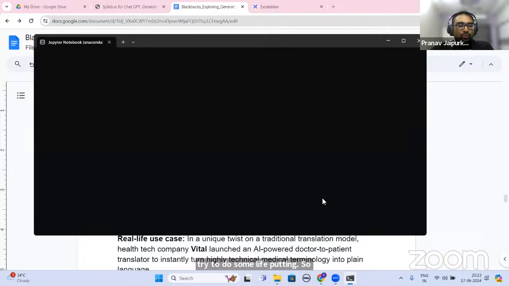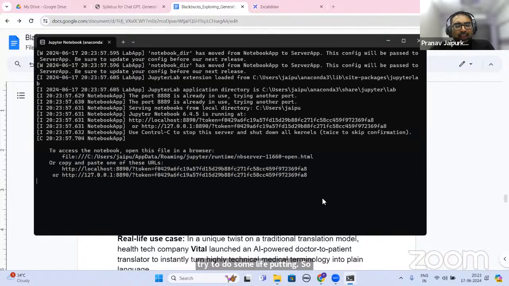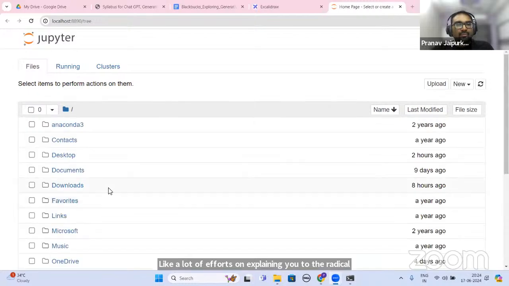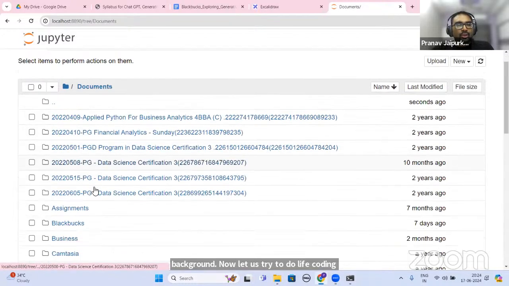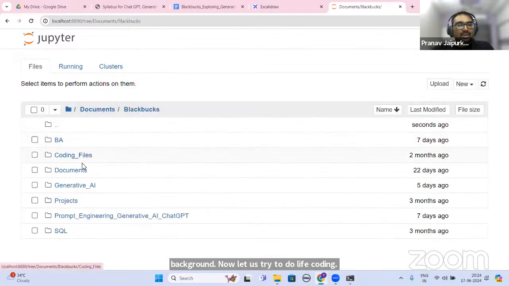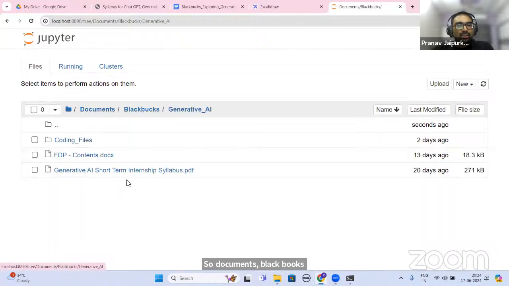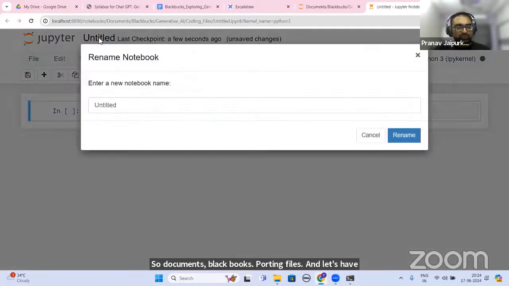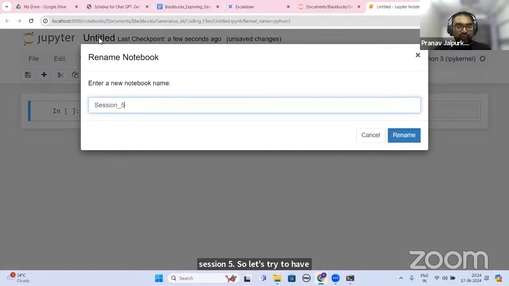I have focused a lot of effort on explaining the theoretical background. Now let us try to do live coding. So documents, Blackbucks, generative AI, coding files, and let's have session 5. Let's have some generative AI live coding.